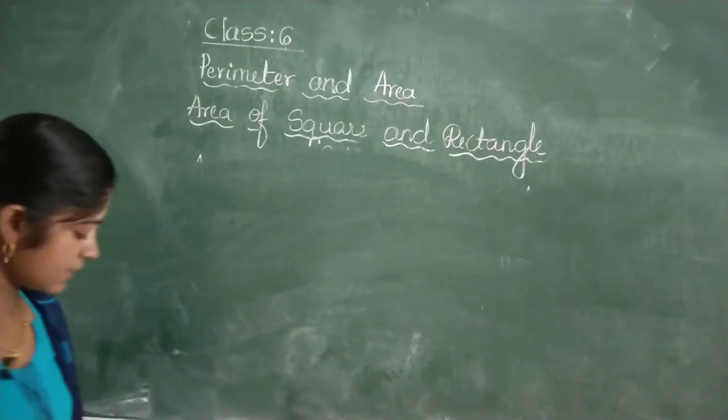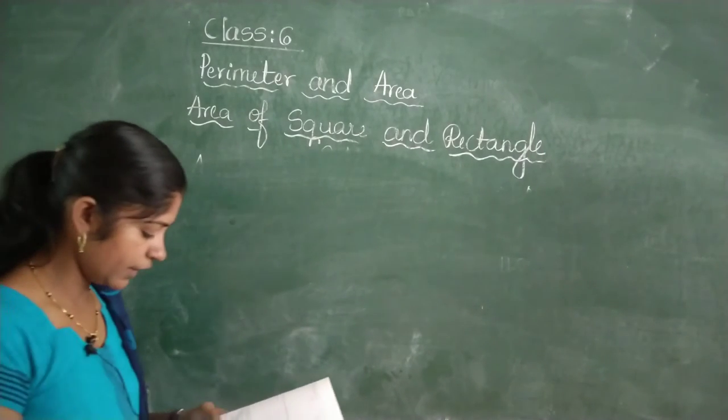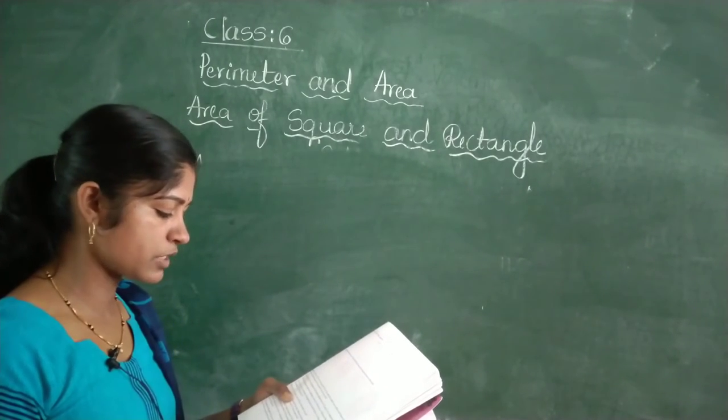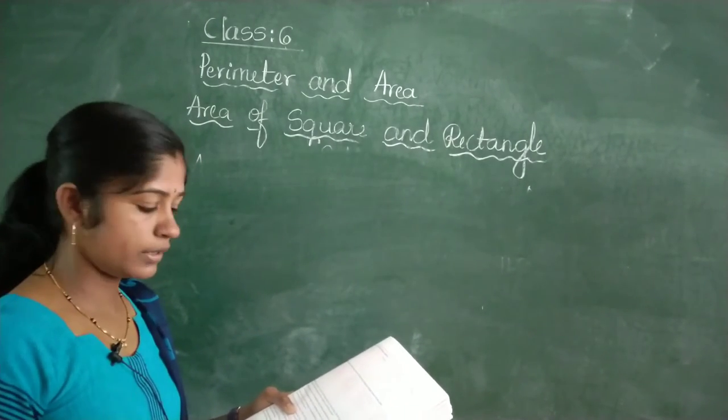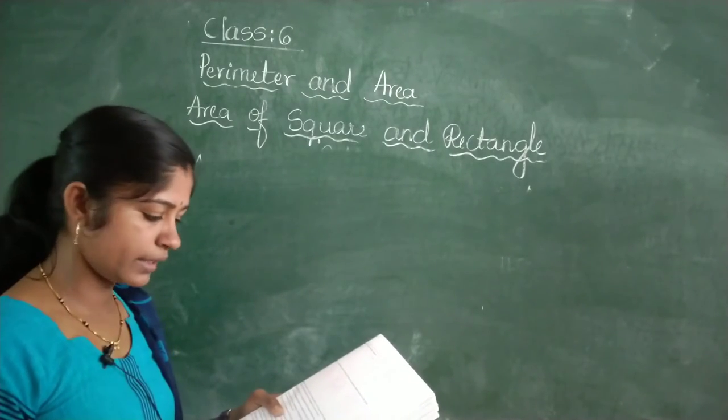So take one example. Find the area of the rectangular field whose dimensions are 15 meter and 11.4 meter respectively. So here directly use area is equal to length into breadth, and you will get the answer.